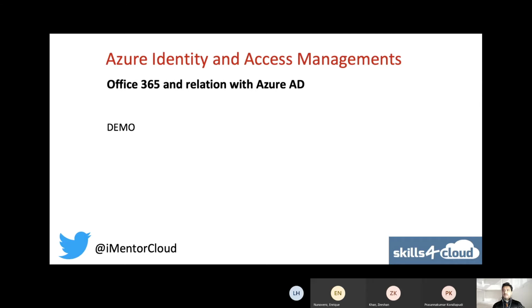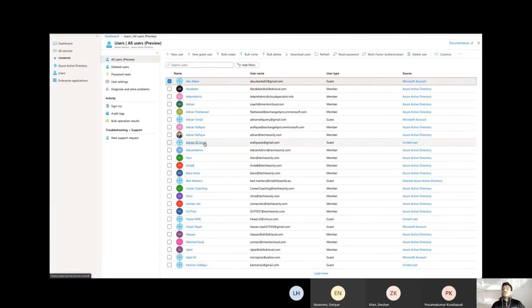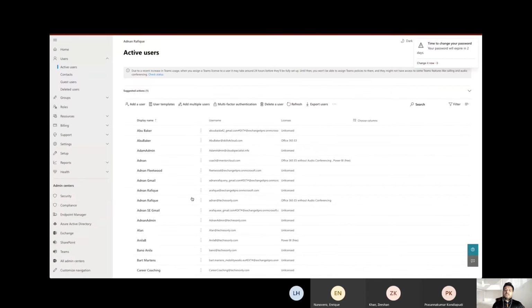Let me go back. Yes. So what actually happens is whenever you're here, you give a user ID and password, and you literally can manage everything from here. But the thing which is not here, which we'll see in Azure, is Azure Identity Protection.